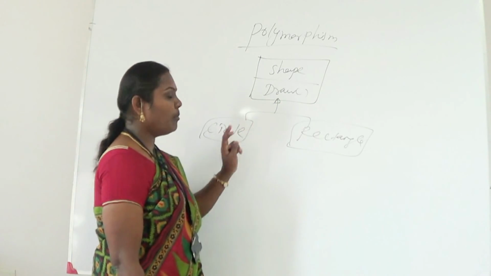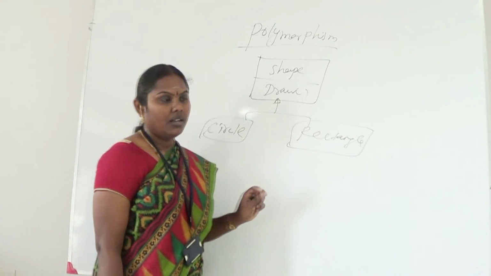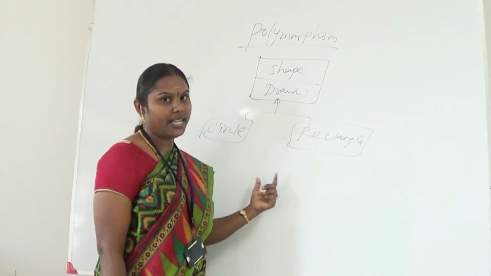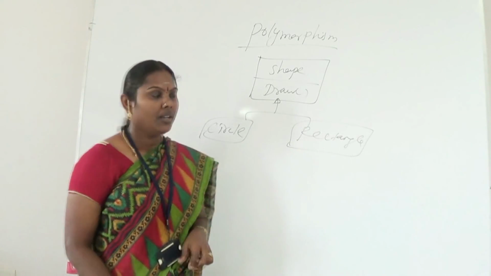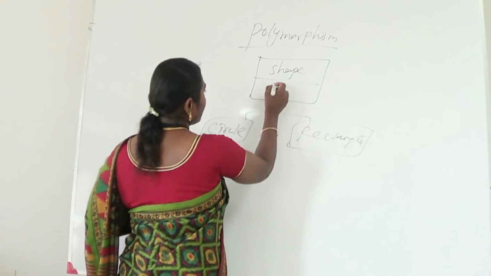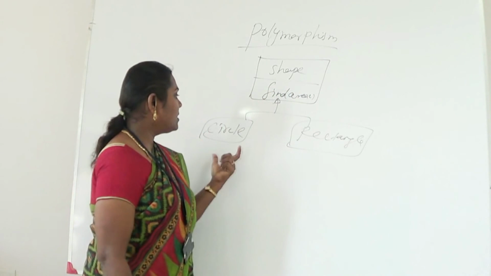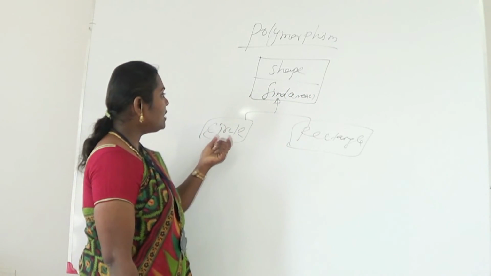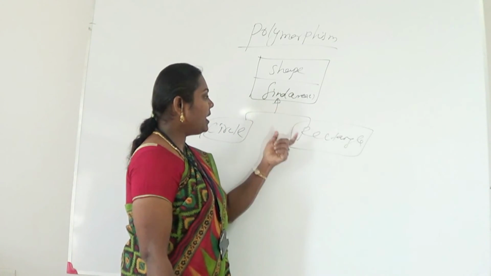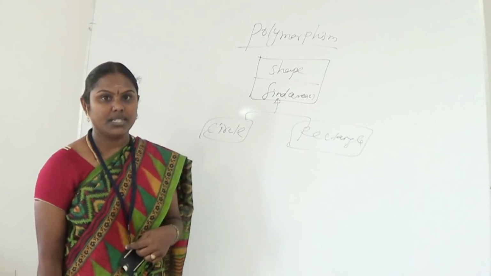When the circle class invokes the draw method, it will draw the circle. Likewise, when the rectangle class invokes the draw method, it will draw the rectangle. Likewise, the same operation, the draw method, may behave differently on different classes. So this is the concept of polymorphism. Suppose we take another method, find area. Find area is common for the two classes, circle and rectangle. Similarly, when the circle class invokes the find area method, it finds the area of the circle. Likewise, when the rectangle class invokes the find area method, it will find the area of the rectangle. So likewise, we specify the polymorphism concept.